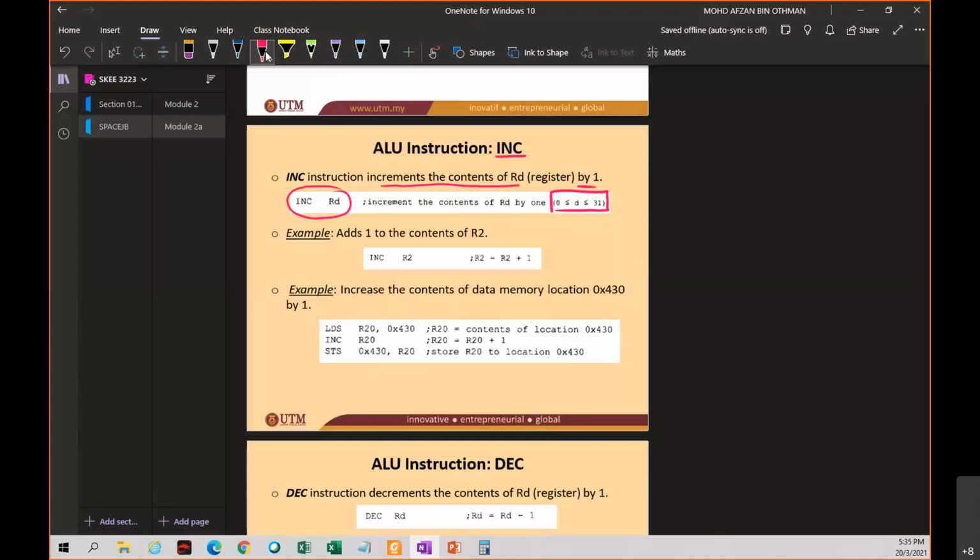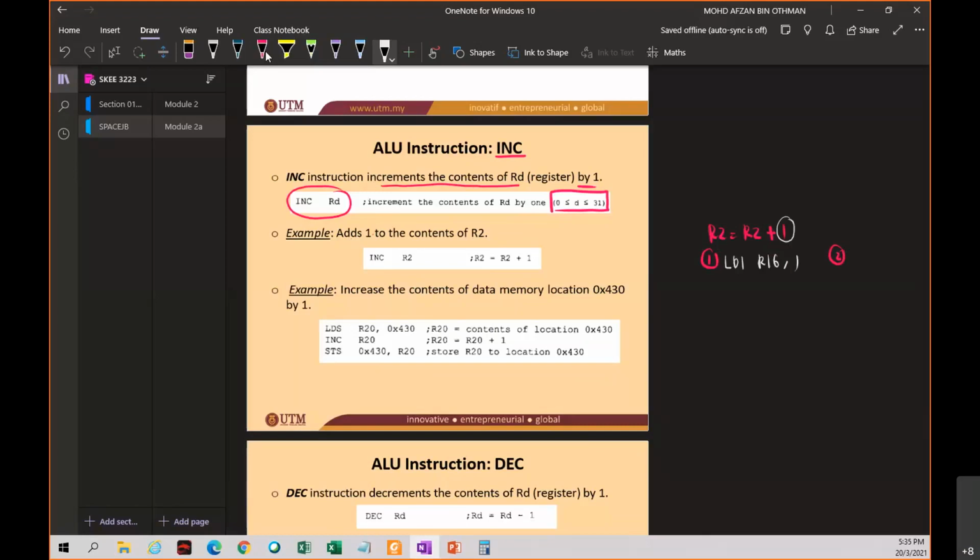Okay, example, add 1 to the content of R2. Okay, kamu nak buat R2 sama dengan R2 tambah dengan 1. So kamu ada two ways of solution here. The first one is the longer one, the second one is the shortest one. Okay, we do the longer one lah. So first, this is a 1. 1 is an immediate value, betul tak? So you need to put the